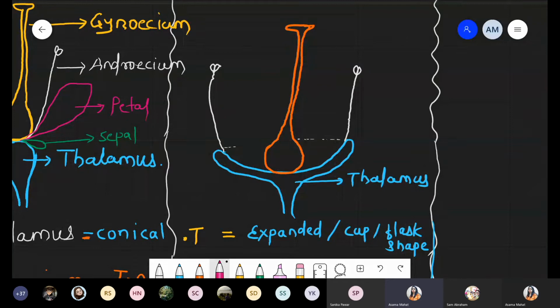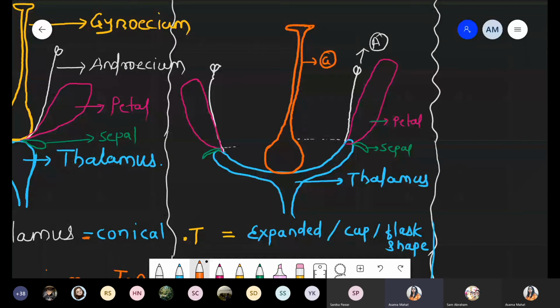Now the next part we are talking about is floral. So the floral parts are present again on the periphery. So these are the periphery portion. And now there is a green color. Small reduced structures are present, and that structure is nothing but the sepal. Okay. So this green color is sepal. Now this pink color is petals. And this white color is androecium. So I'm writing A for the androecium. It is the male reproductive part. And now at the center, that is G for the gynoecium.